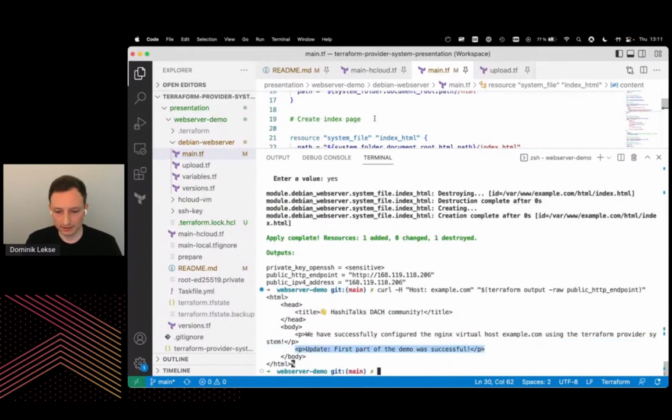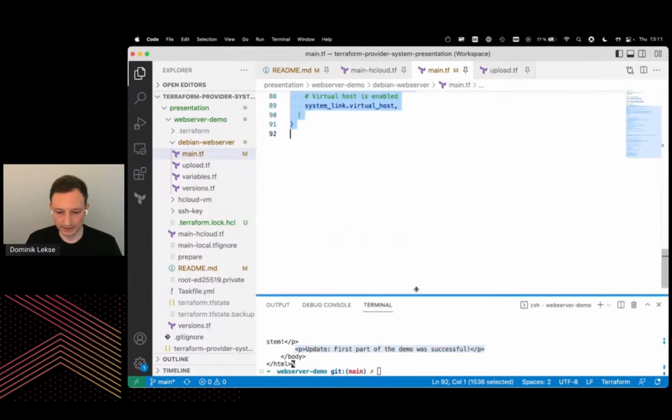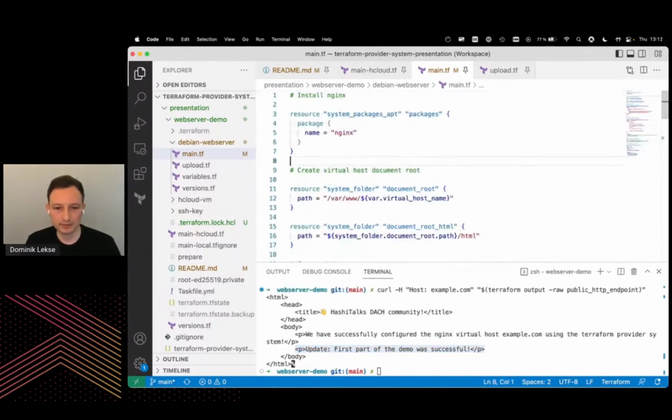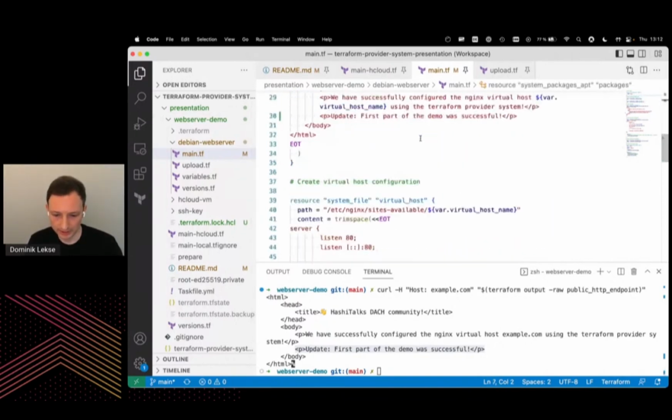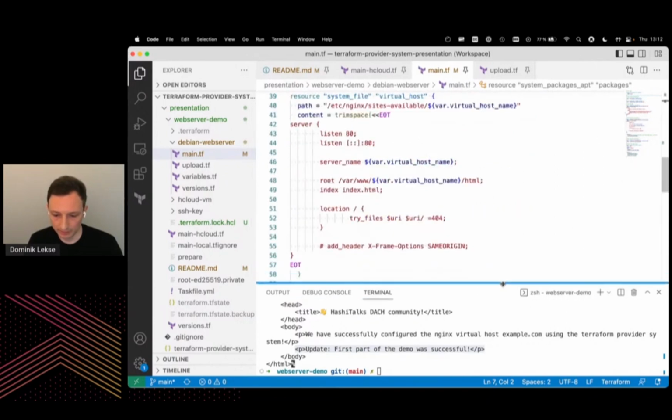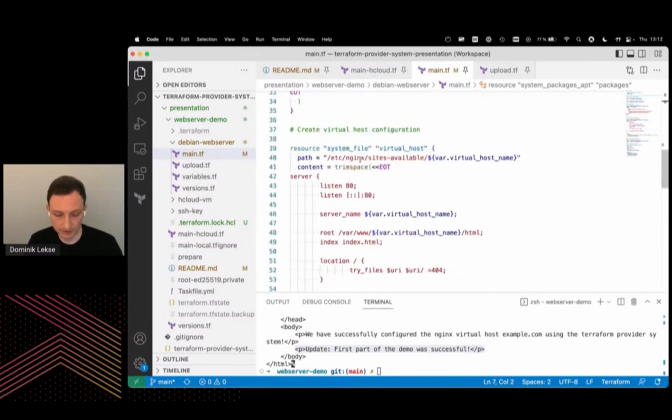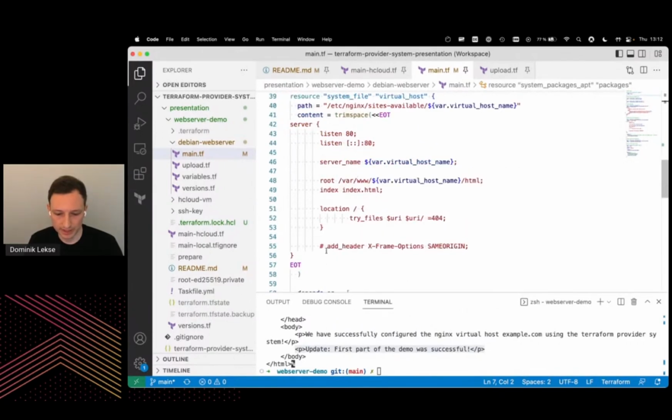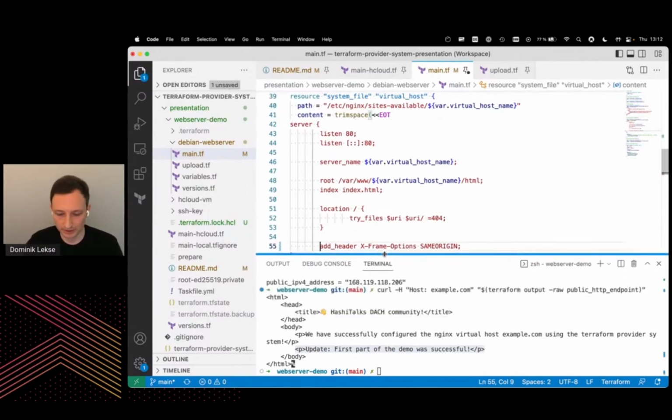All right. Now you can claim, well, that is easy. You change the static page, but what happens if you want to change the virtual host configuration? Wouldn't this require a reload of the Nginx service? True, yes. And I will show you how that works. So remember, we configured the virtual host also using the system file resource. And now let's say we want to add a header. The header doesn't matter. We just want to have this header now in the response. We save, and now